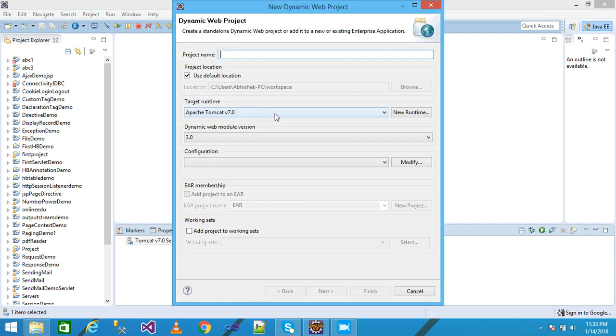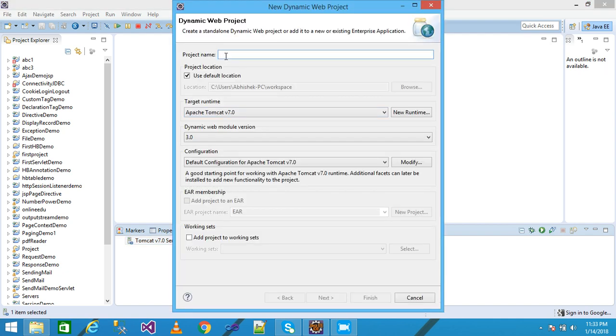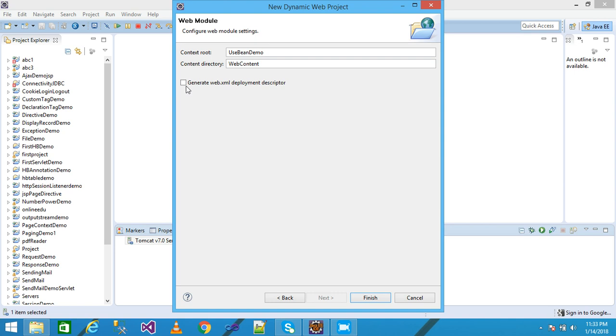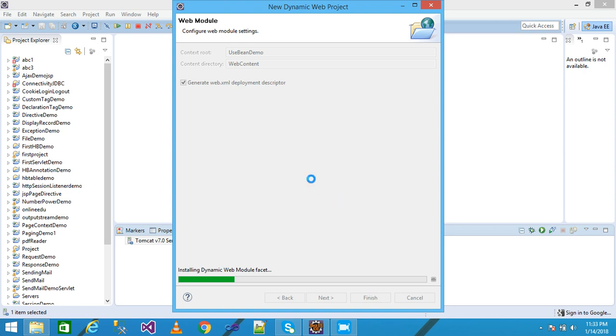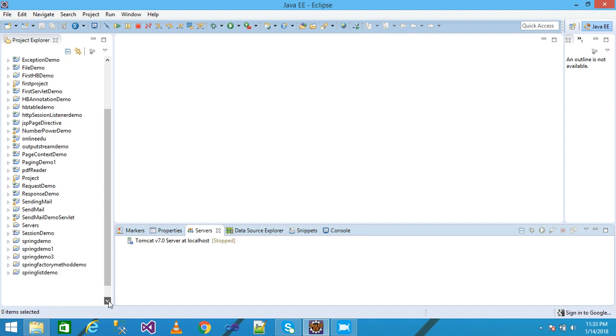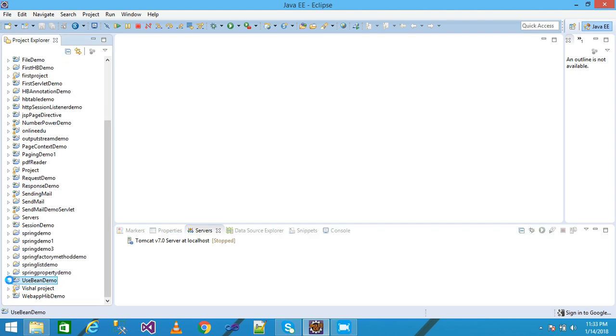A dialog box will be displayed here and I am giving my project name as useBean demo and click on Next. Check Generate web.xml deployment descriptor and click on Finish. My project is displayed under the Project Explorer. Look here, useBean demo. I explore it